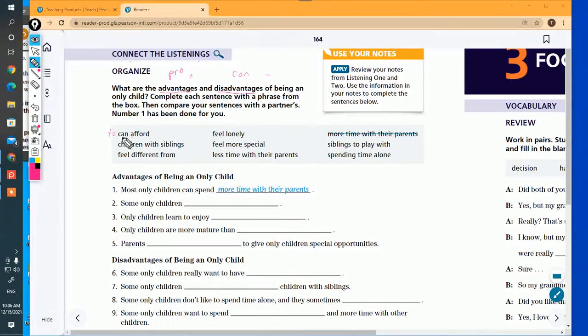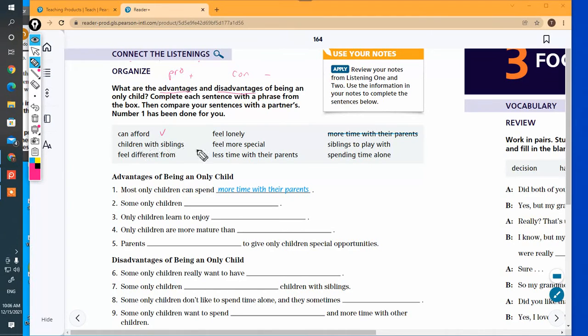Actually, can afford. You don't say can afford. We say to be able to afford, and then that changes to can. To afford something or to be able to afford something. So yes, you're going to say I can afford something. She can afford it. I can afford that economy car. Okay, I cannot afford a Cadillac. I cannot afford a Lamborghini. I can afford a used car. So this is a verb.